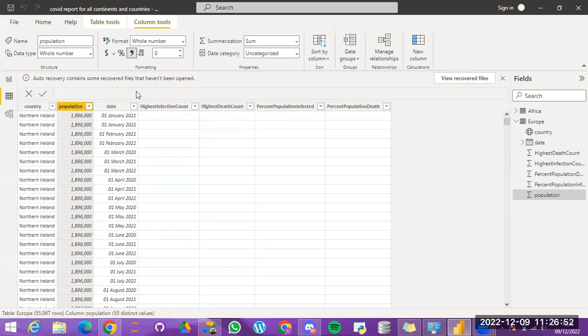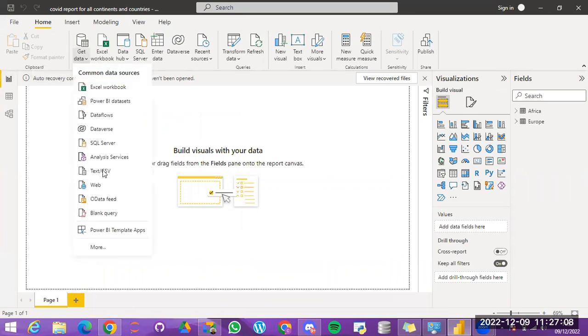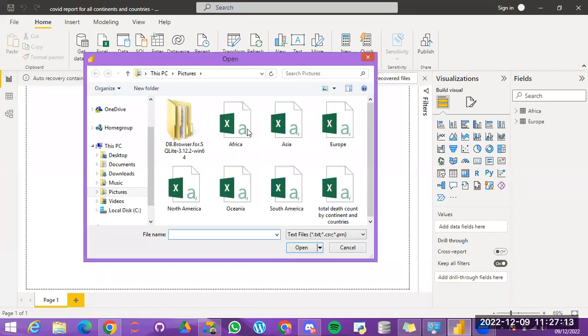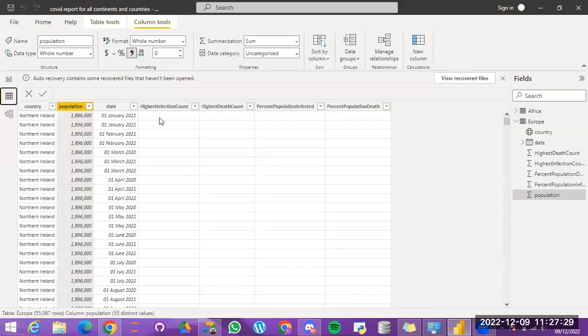Then to import just the Africa and Europe, you go to this first icon here, click on get data. Then that should give you the option text/CSV. I want you to click on text/CSV. Then you select the table you want to import. So I did for Africa first, then I repeated the same process and did for Europe again. Okay, so now that we have done our cleaning on the data session,